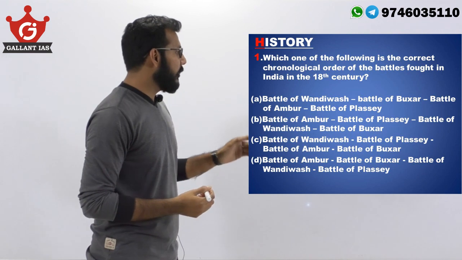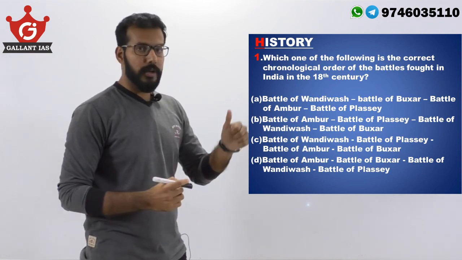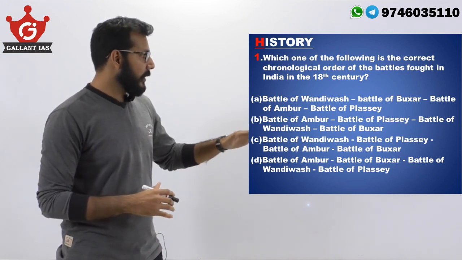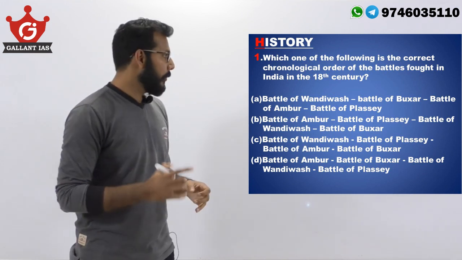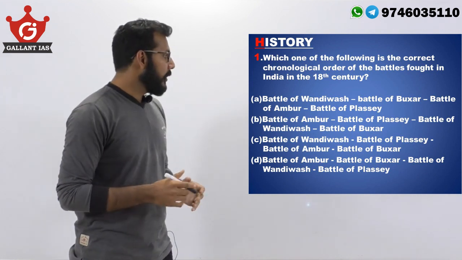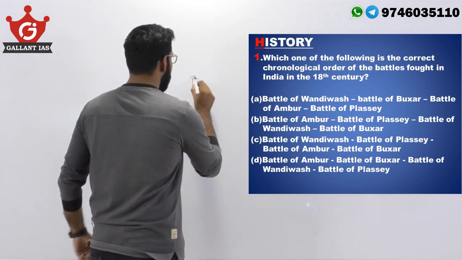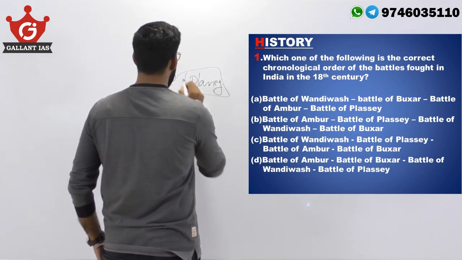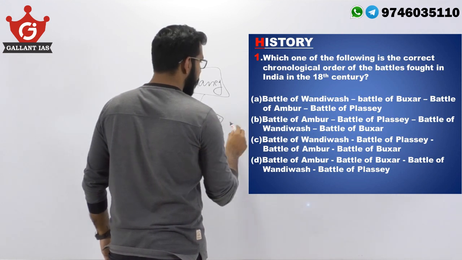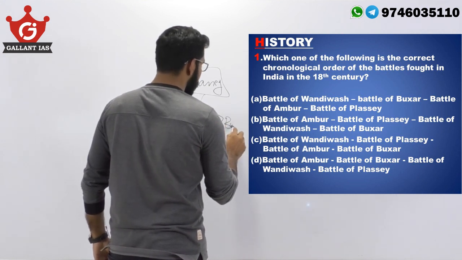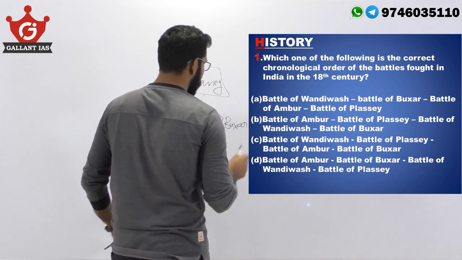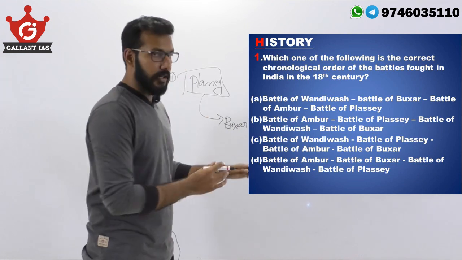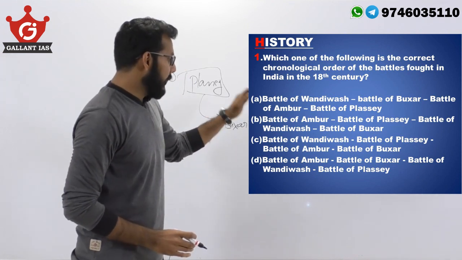The battles asked here are Vandivash, Buxar, Amber and Plassey. Over the top of it, we can understand that Battle of Plassey and Buxar are very important battles in the history of modern India. And we can say that the Battle of Plassey happened first, and then Battle of Buxar followed. So any options which has Plassey before Buxar, we can eliminate. So we can eliminate A,